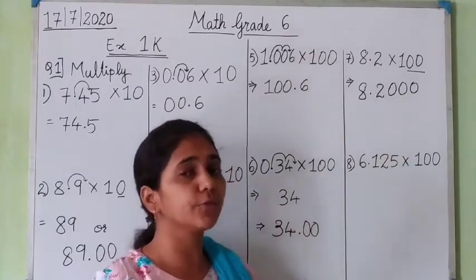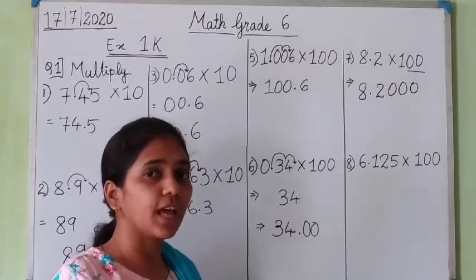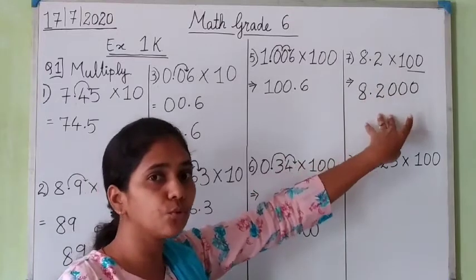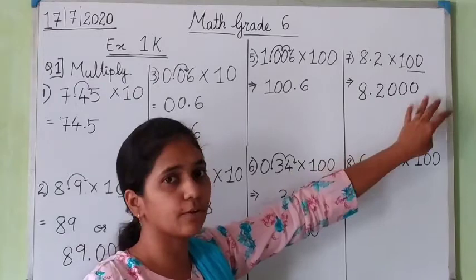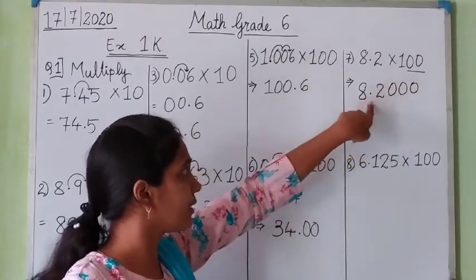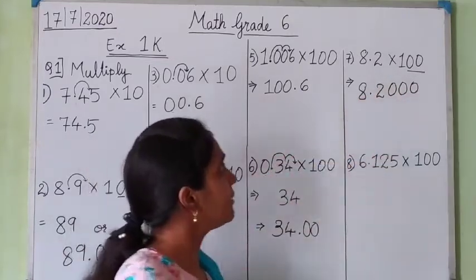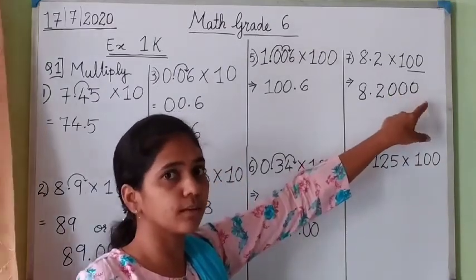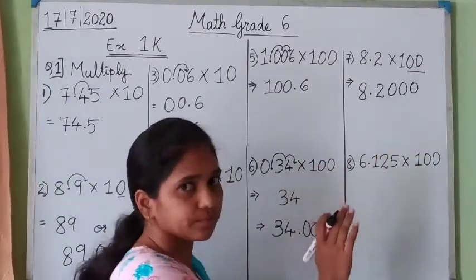Okay, so keep this in mind. If we are adding or putting zeros after the decimal point, then the value of the number remains the same. Here the number 8.2 will remain 8.2 only. It is not going to change if I am putting zeros after the number 2. Now this number has 4 digits after the decimal point. So you can put only one zero, or two zeros, or as many zeros as you want. Here I have taken 3.